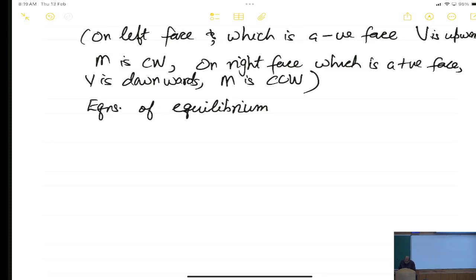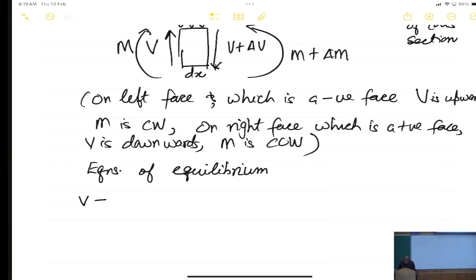So, therefore, what we have is V minus V plus delta V